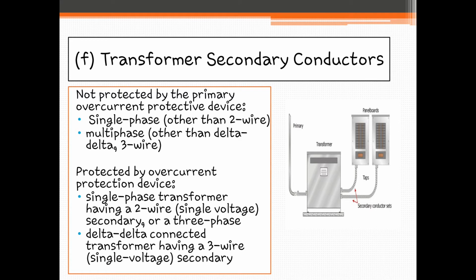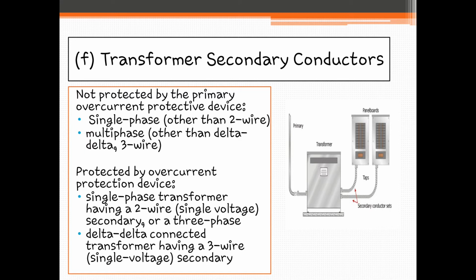Okay, again, transformer secondary conductors. Actually guys, this part will be discussed more in Article 4. But to introduce, those not protected by the primary overcurrent protective device of the transformer are single phase other than 2 wire, multi-phase other than delta 3 wire. Protected by an overcurrent protection device is a single phase transformer having a 2 wire single voltage secondary or a 3 phase and delta connected transformer having a 3 wire